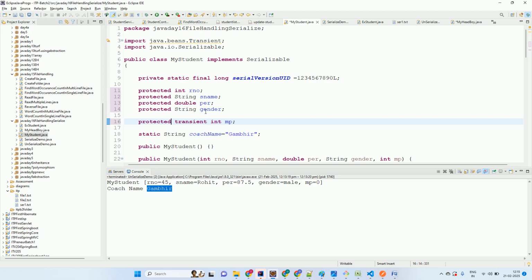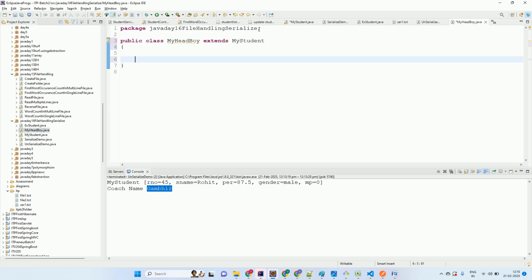अब माय स्टूडेंट को किसने इनहेरिट किया, तो माय हेड बॉय लगा के इम्प्लीमेंट्स सीरियलाइजेबल लगाने की जरूरत नहीं है। तो इम्प्लीमेंट्स अगर पेरेंट ने कर दिया है तो चाइल्ड को लगाने की जरूरत नहीं है, वाइस वर्सा नहीं होता है। अगर माय हेड बॉय ने बोला है इम्प्लीमेंट सीरियलाइजेबल और माय स्टूडेंट ने नहीं लगाया है तो ये अलाउड नहीं है, वो इनहेरिट हो जाएगा बट ऊपर वाले को यूज नहीं कर पाएगा।